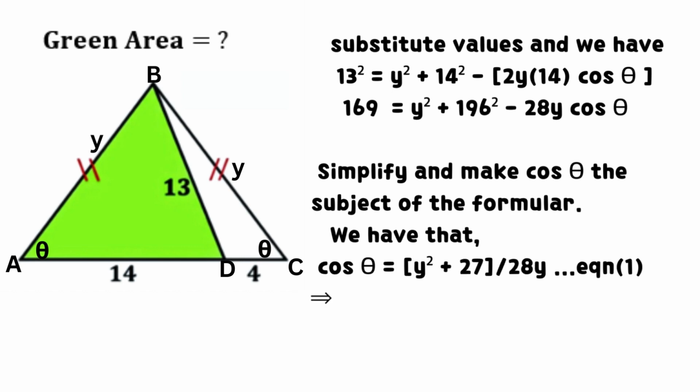Simplify and make cosine theta the subject of the formula. We have that cosine theta equals y squared plus 27, all divided by 28 times y. We call it equation 1. It implies that